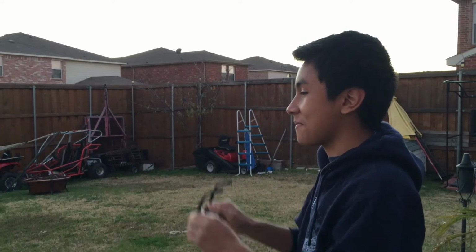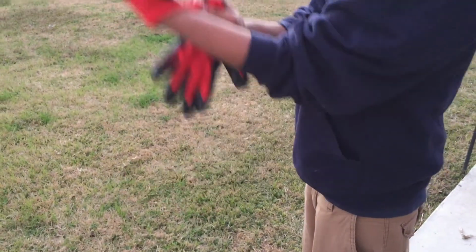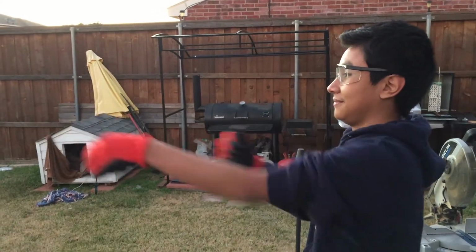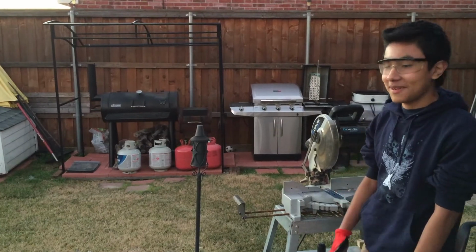To ensure safety procedures, we use protective eyewear, gloves, and adult supervision during hazardous procedures during the construction of the catapult. Eye protection, gloves, free from any loose clothing. With adequate protection, I am now ready to put some